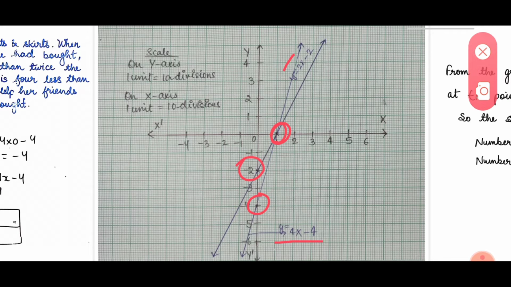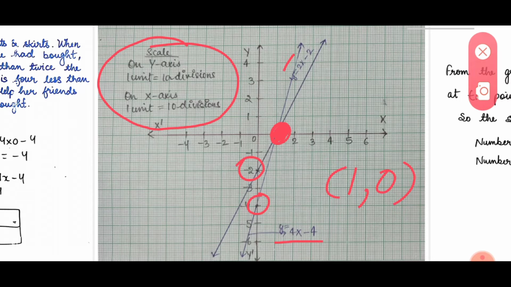It is 1, 0. You can see this, right? It is 1 comma 0. That means the solution of the equations is 1 comma 0. 1 comma 0 will be the solution for your graph. Okay, and do not forget to mention the scale on the graph. It is a universal scale, right?